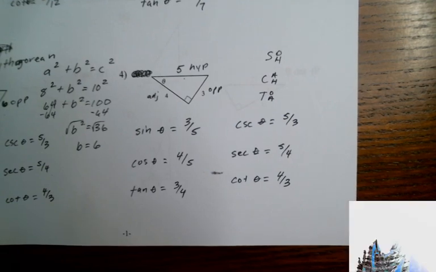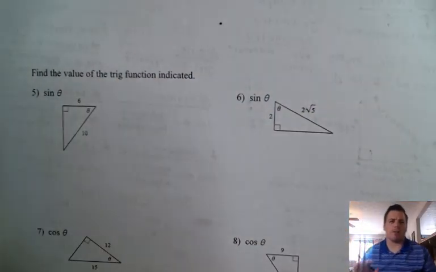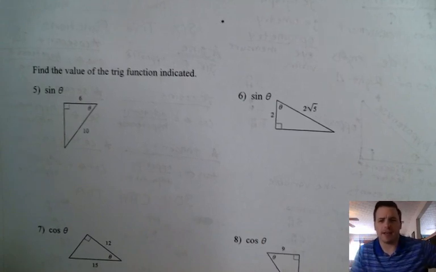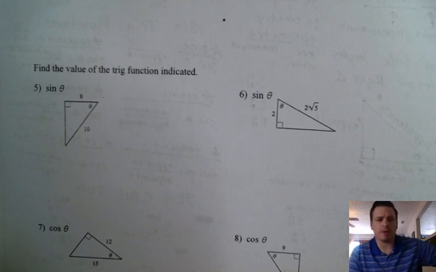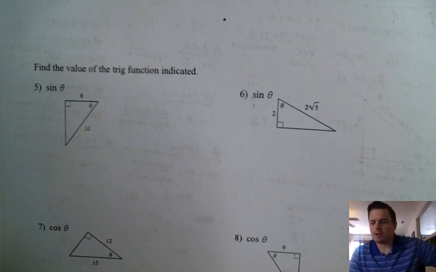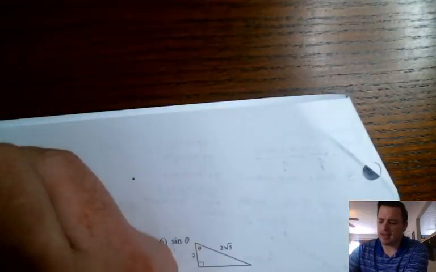Okay? Moving to the next page. Okay? Now, we won't find them all. We'll just find whatever it tells us to find, okay? We won't find them all here. We're just going to, from here, find whatever it wants us to find. All right? So, as stated here, if you're missing an angle or if you're missing a side,